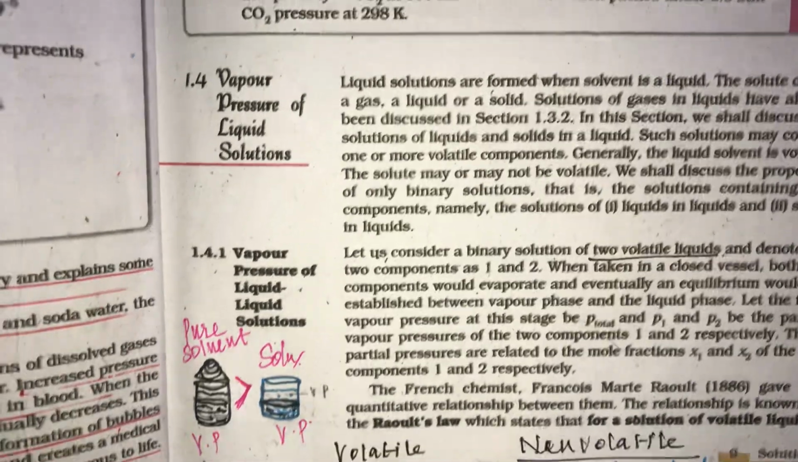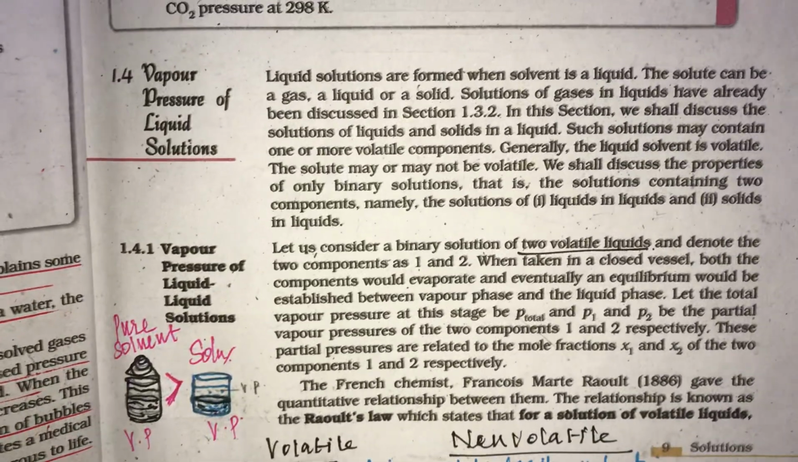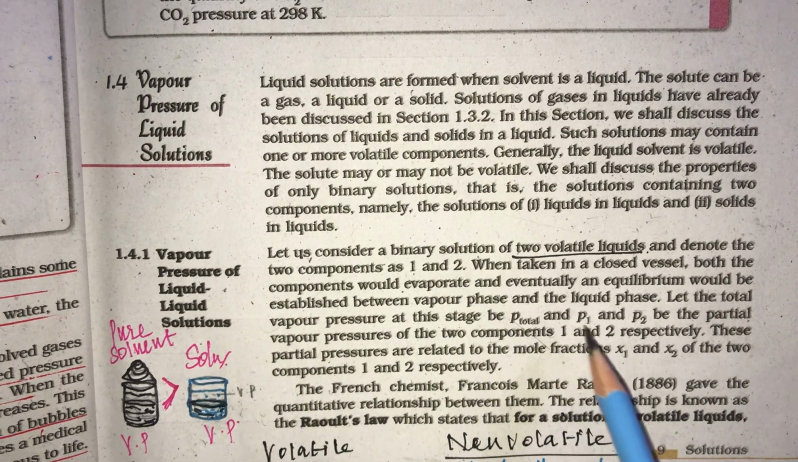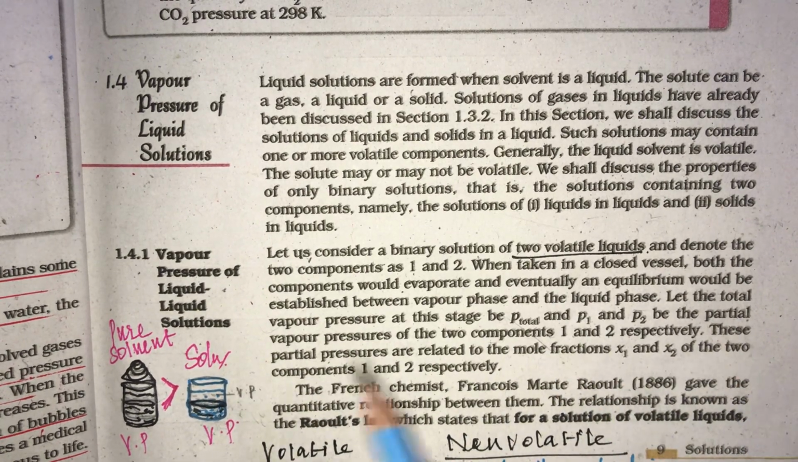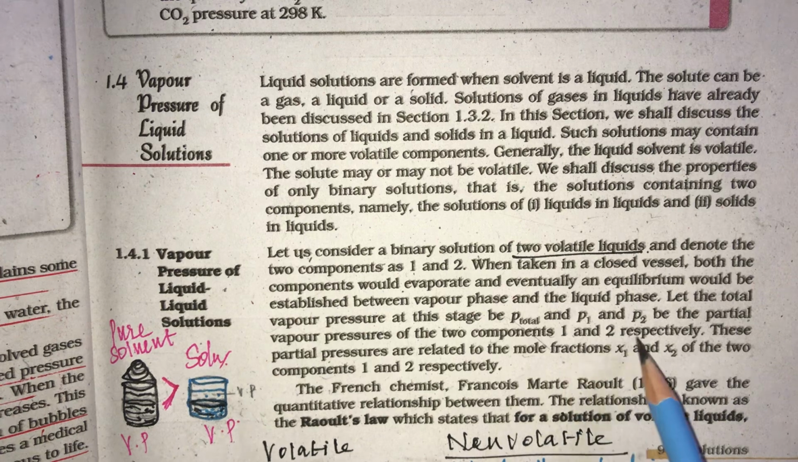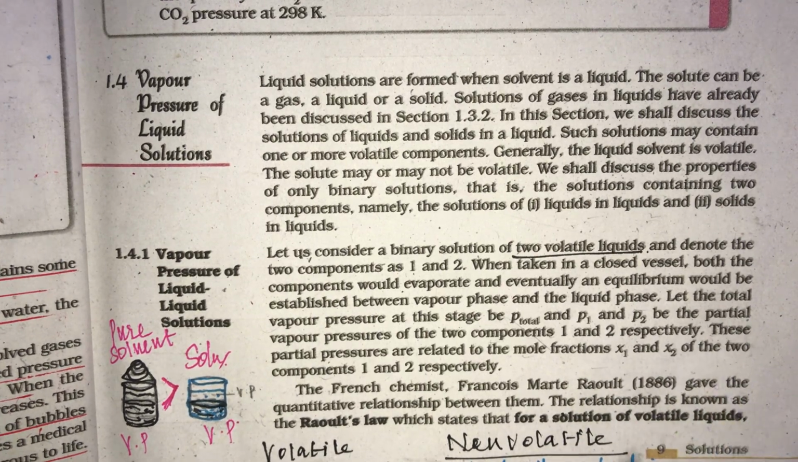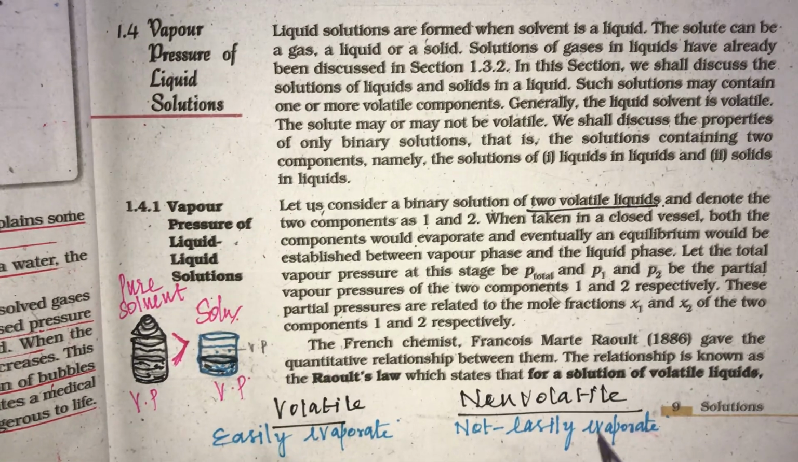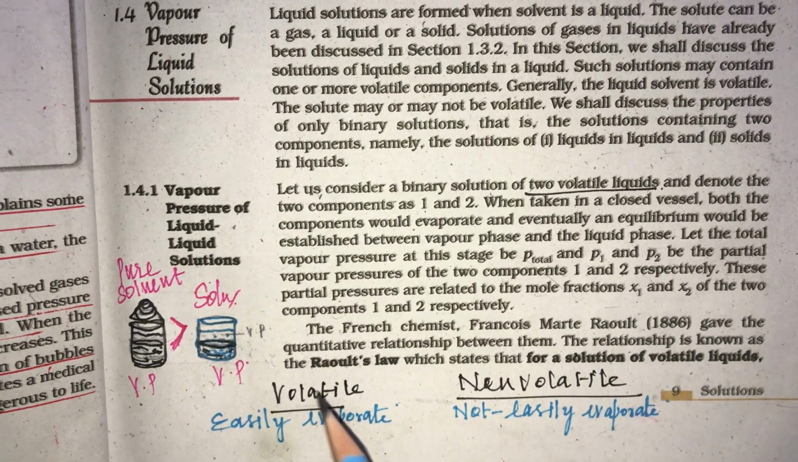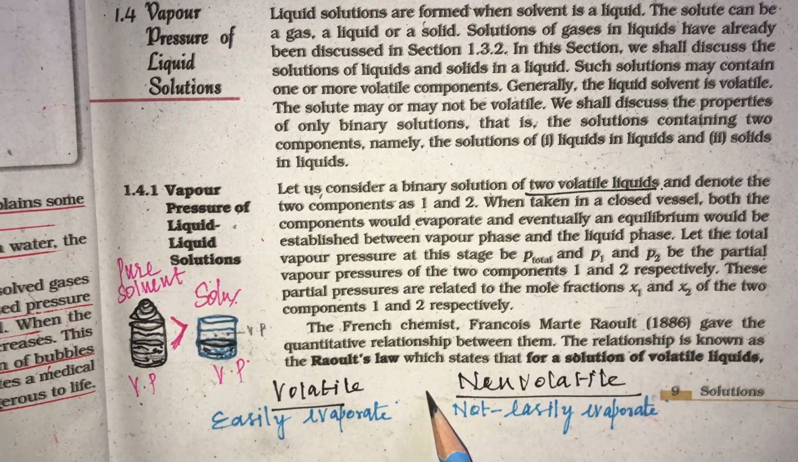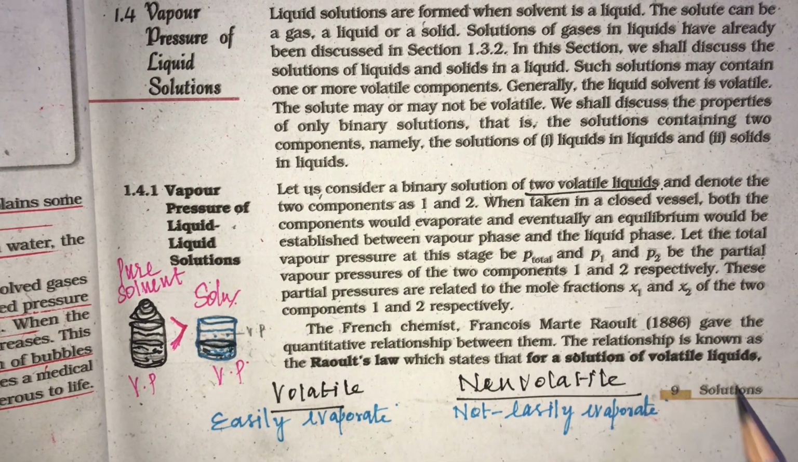Now consider a binary solution containing two volatile liquids. The total vapor pressure can be calculated from P1 and P2, the vapor pressures of the two components 1 and 2, with mole fractions X1 and X2. The French chemist Raoult gave the quantitative relationship between the vapor pressure of a volatile liquid and the